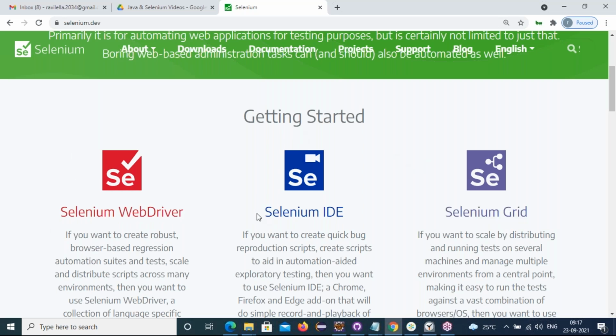Fine. So Selenium IDE is a record and playback tool, and no programming knowledge is required to work with IDE. You just record and do the transactions you want in the application, then stop the recording. Everything between starting and stopping is recorded. To execute the recorded statements, just click on play. IDE is a record and playback tool.